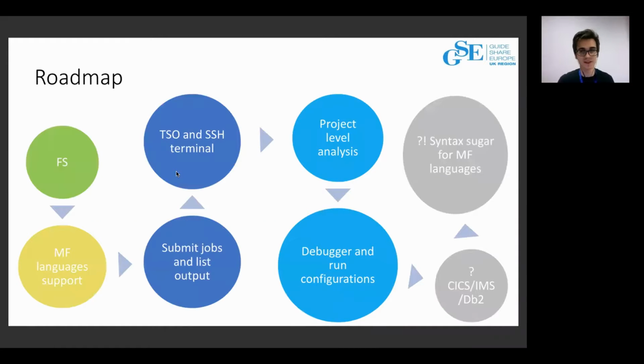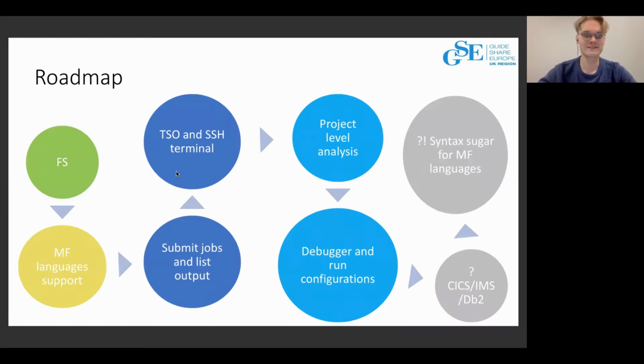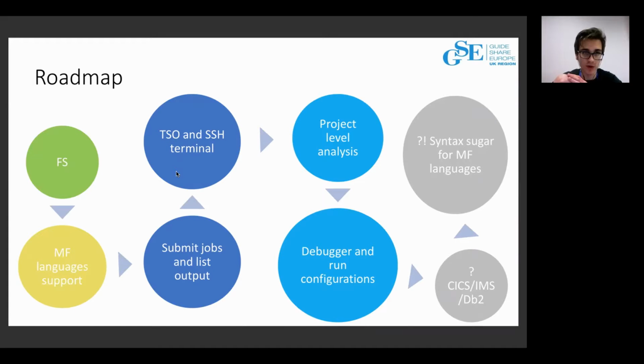Okay, so the roadmap. We would like to cover our plans and show you our roadmap. It looks quite ambitious for two developers trying to save the world and the mainframe. In green, we marked the file system because we finished working on it. It works fine. It allows fetching data from zOS, from zOSMF, uploading it, updating it. Victor pretty much covered all points about the file system.